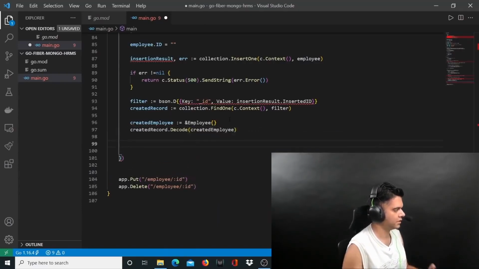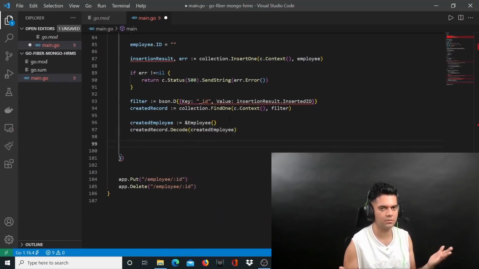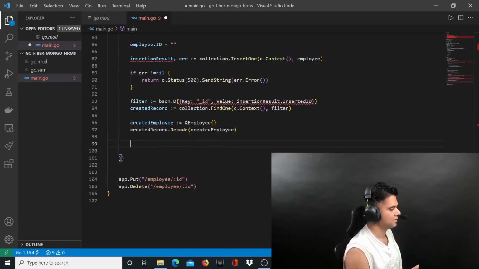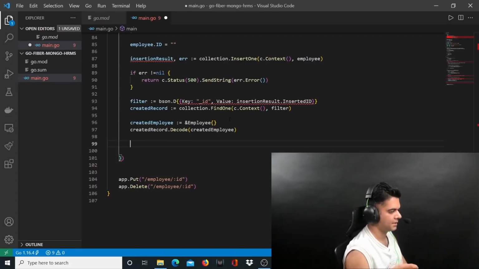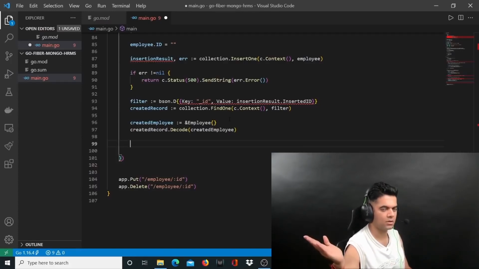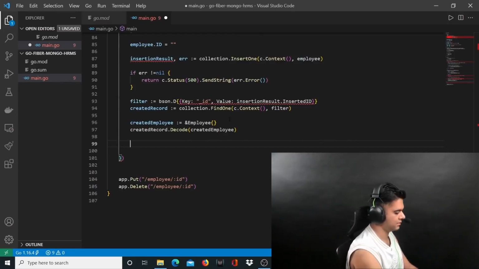Okay, we are doing this decoding because, as you know, Golang does not understand JSON. So we have decoded that into a created employee, right? The whole JSON that we just received from MongoDB. And now you want to send that JSON as response to the front end. So you'll say return